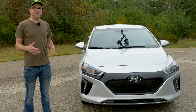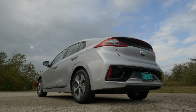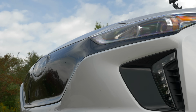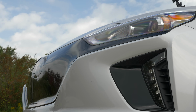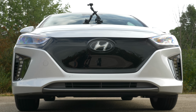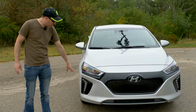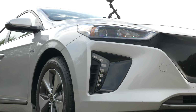Without spending a ton of time on the exterior, the hood is aluminum. The rear hatch is aluminum. There's attempts at weight savings. This is a dedicated platform to be a lightweight car. The front, because now it's an electric vehicle, you don't need a ton of cooling ports for this. So the grille's kind of covered up. You don't have to have all these little holes and nooks and crannies for air to flow, except for the typical side bumper outlet that flows air along the side of the fender and the tire, which we've